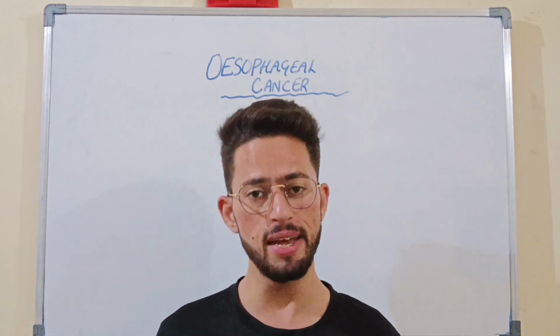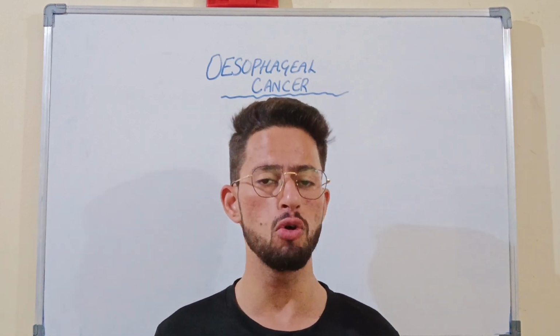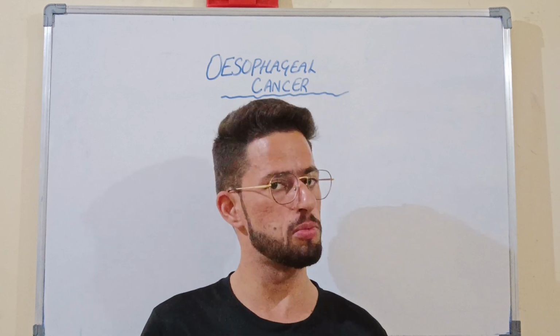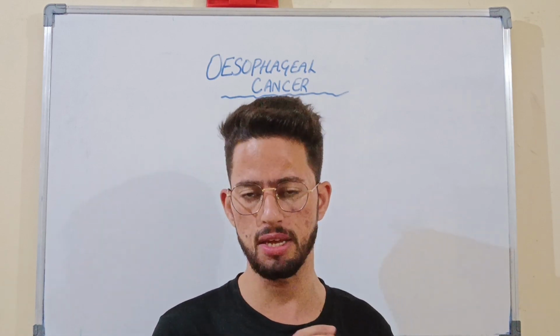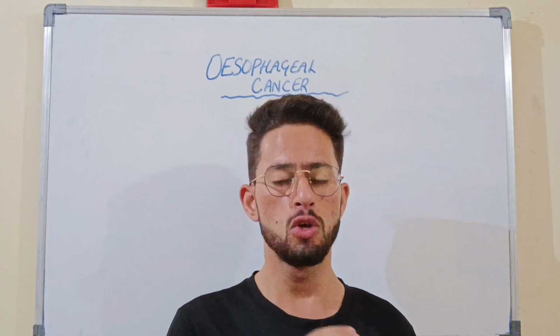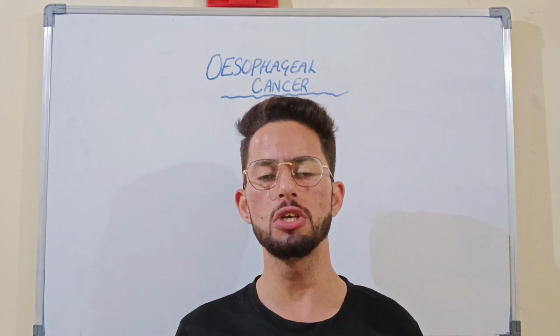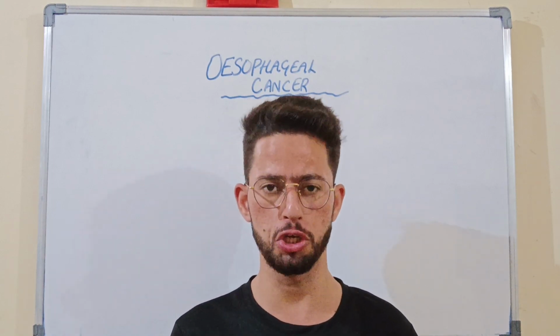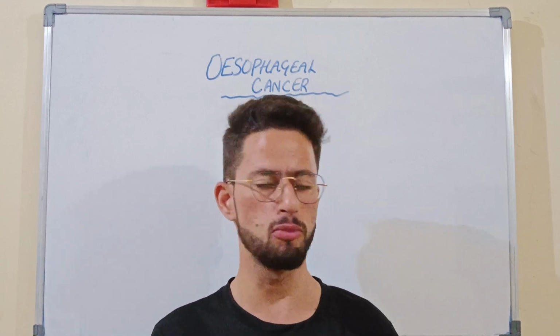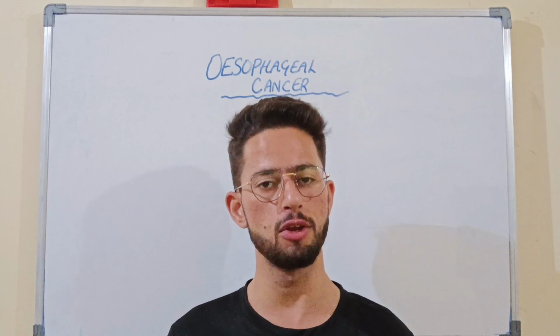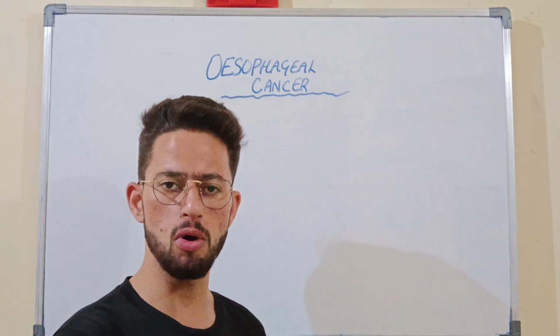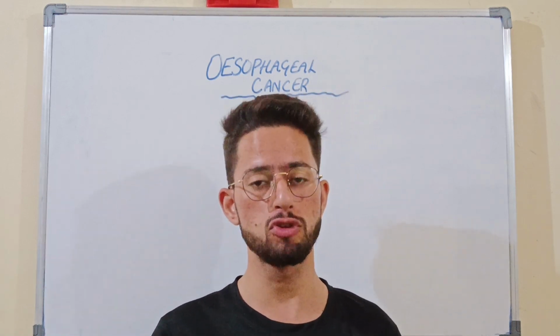Okay, and next is adenocarcinoma. What is adeno? Adeno means gland, and carcinoma means cancer. So the glandular tissue present in the esophageal lining, those cells which are responsible for mucus secretion, will be affected. So that is known as glandular, or adenocarcinoma. Okay, so this is about the types or forms of esophageal cancer.